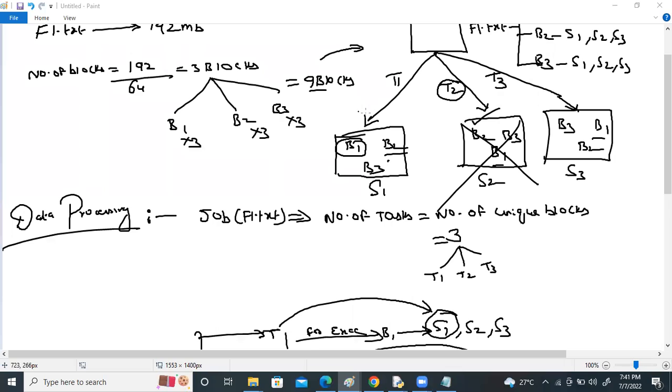Still, the T2 task can be executed by S1 or S3. Here, okay, your problem is solved, right? No data loss and no task failure. The task T2 can be executed by any of the other slaves. Now,